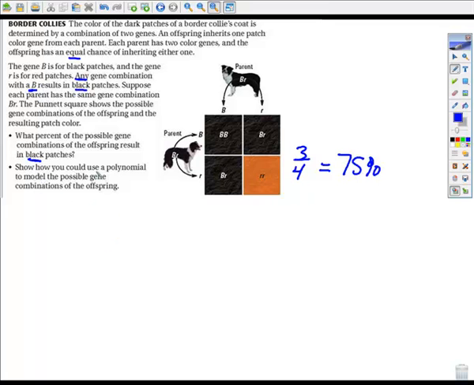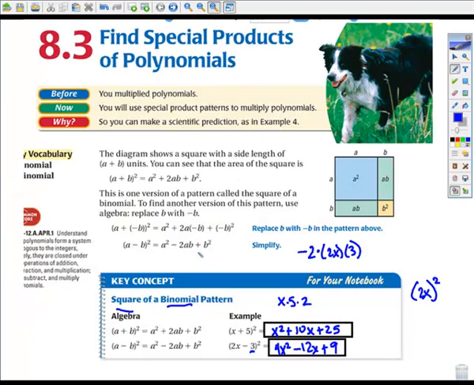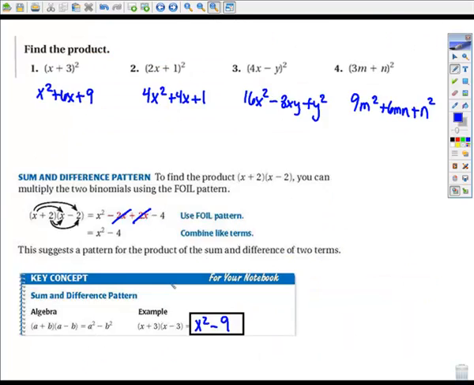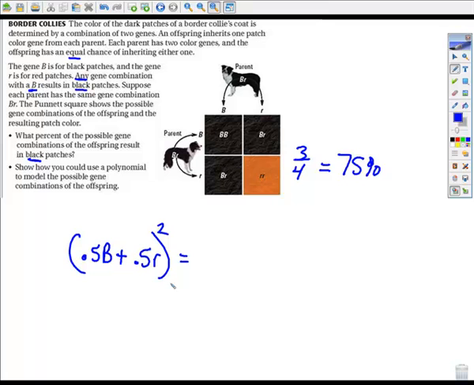But now, of course, they want us to do this with the polynomial. So from the first parent, they have a 50% chance of getting a black, plus a 50% chance of getting a red. Well, guess what? They have that same thing from the second parent, so I can multiply them. I can square it. So when I square this, remember, this is taking us back here to the square of a binomial, where you square the first term. So 0.5 squared